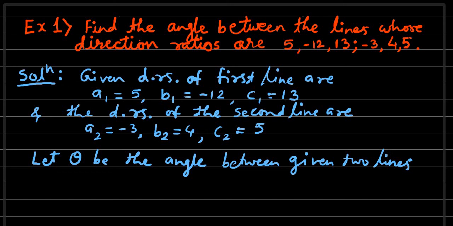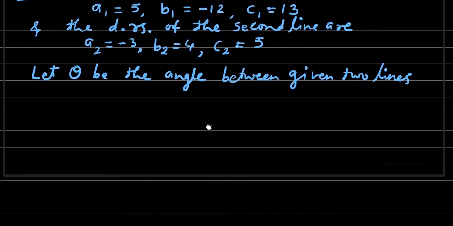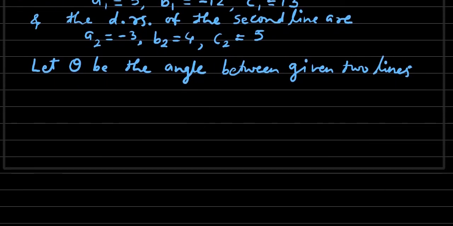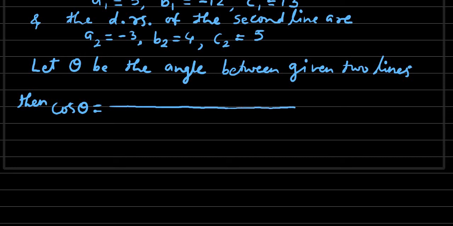Then we have the formula for the cos theta, which is known to us, which we have revised just now. So cos theta is equal to A1 A2 plus B1 B2